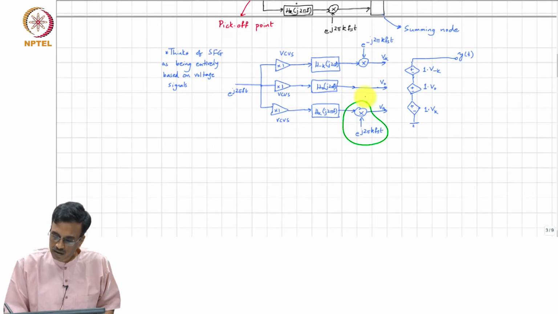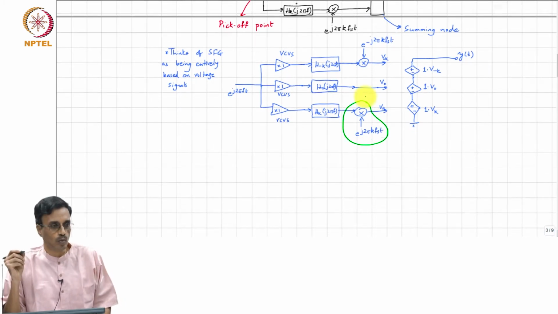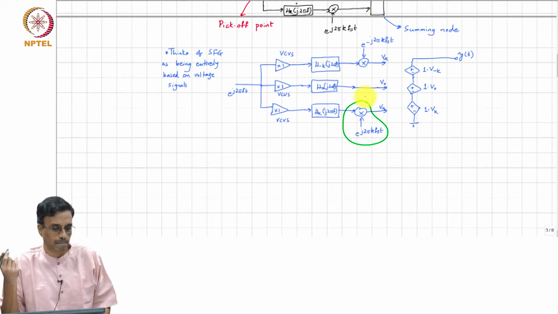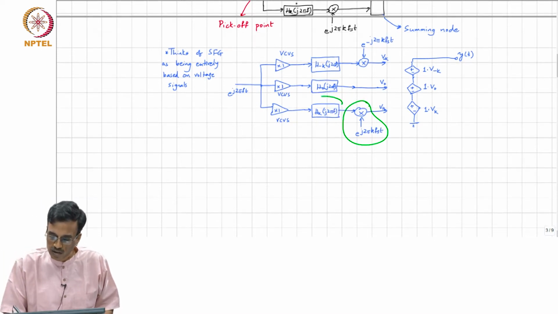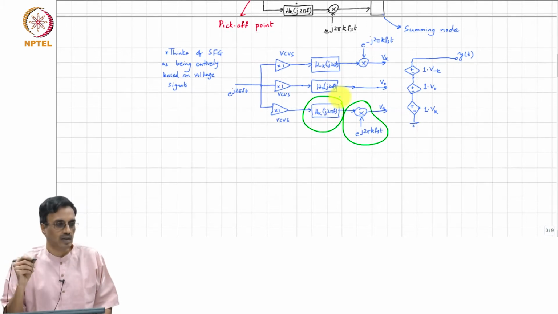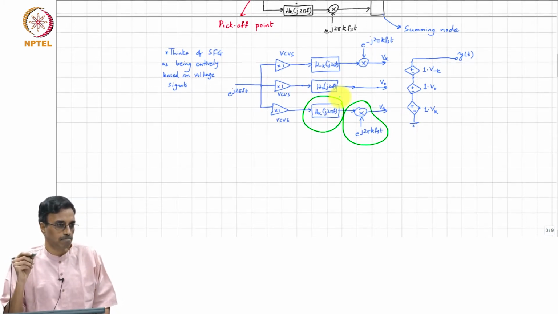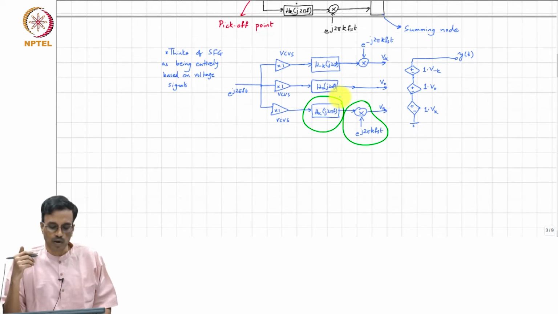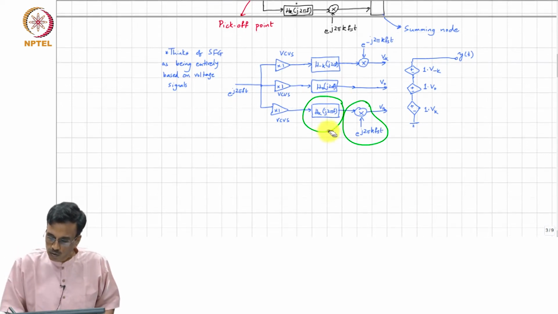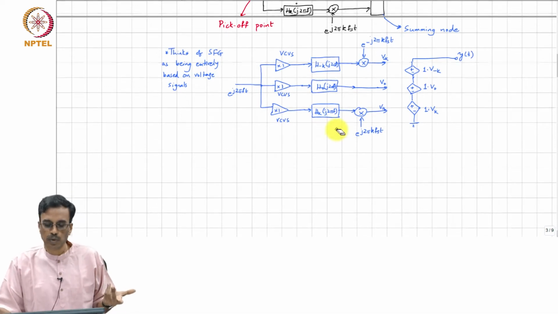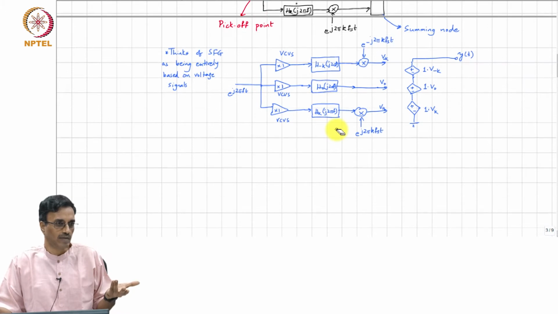Everything we have is now, for instance, this one represents a voltage controlled voltage source whose gain varies periodically with time. This is a voltage controlled voltage source whose gain is fixed with frequency, it is some h sub k. So, now this is a network with a whole bunch of controlled sources. To find the adjoint, all that we need to do is apply our standard rules.